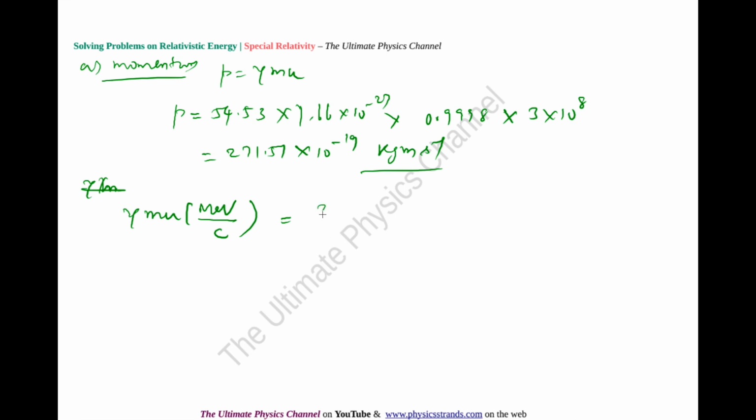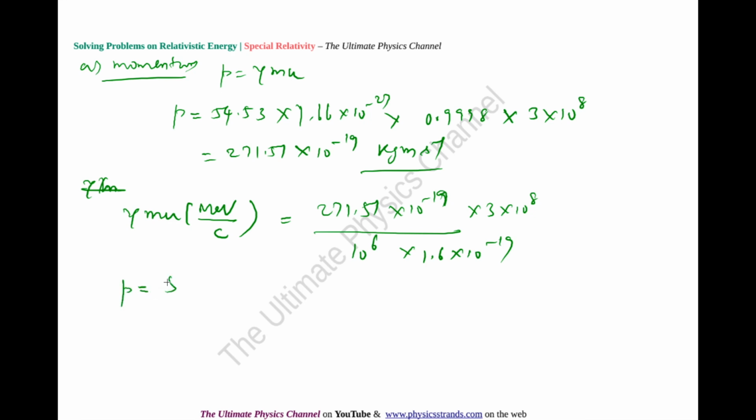For that, I have to do 271.51 times 10 power minus 19 over, since I want MeV over c, 10 power 6 in the denominator, and I multiply by 3 times 10 power 8 again in the numerator, and then I have to divide by the charge of the electron for conversion. So if I do this conversion and simplify this out, I am getting the momentum of the proton to be